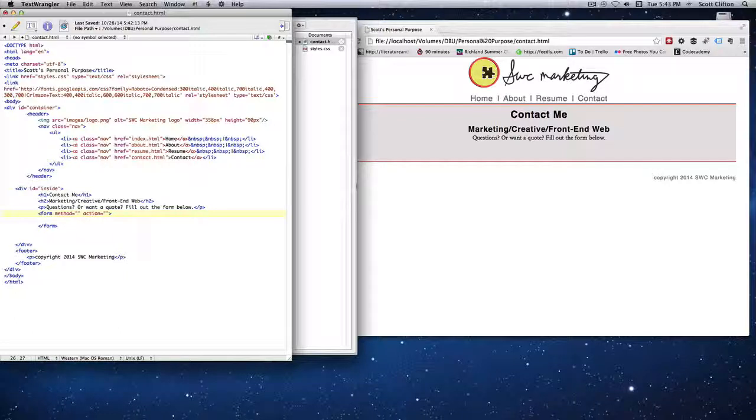Now the first is going to be the method. It's going to be either post or get, and the difference is basically if you're getting something, you may be getting some information or getting something from a database. If you're going to post, you're going to put it somewhere. In this case, we're just going to do a basic post to our email. So in order to do that, we have to use the mailto, and then do the colon. And then after the colon, you put your email. So if my email is Scott